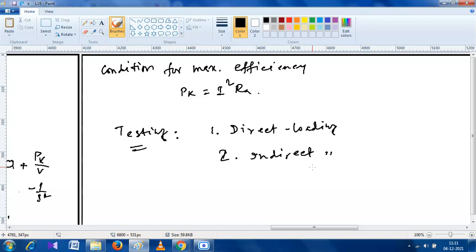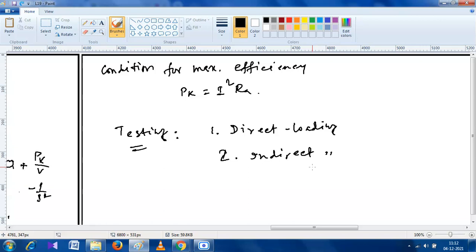ये समझ में आया? देखो डायरेक्ट लोडिंग क्या है, मनीष? इसमें हम मैकेनिकल एनर्जी देंगे और लोड हमें इलेक्ट्रिकल देना पड़ेगा। मतलब मान लीजिए बल्ब देना है, कुछ ऐसे करके लोड देना है। आउटपुट में कितना पावर कंज्यूम हो रहा है और इनपुट में हम कितना पावर दे रहे हैं, इससे हम एफिशिएंसी निकाल सकते हैं। यह डायरेक्ट लोडिंग है, ये सचमुच हमें करना पड़ेगा। लेकिन इनडायरेक्ट मेथड में हम डायरेक्ट लोडिंग नहीं देते। थोड़ा हटके कुछ मेथड यूज करेंगे, उससे हम एफिशिएंसी निकाल देंगे।